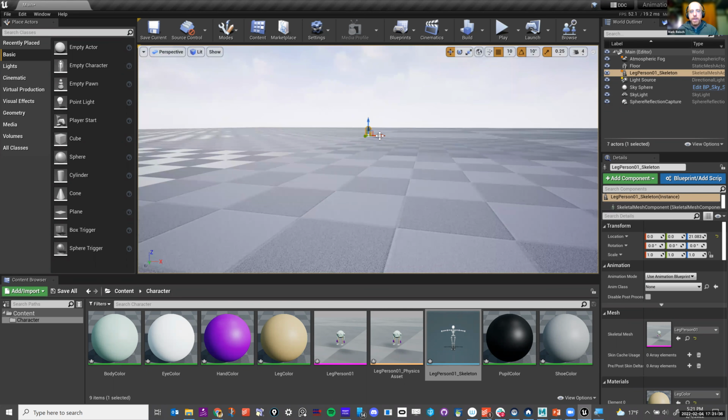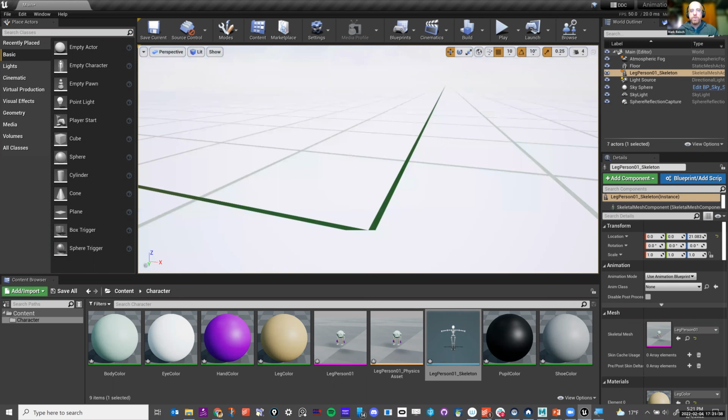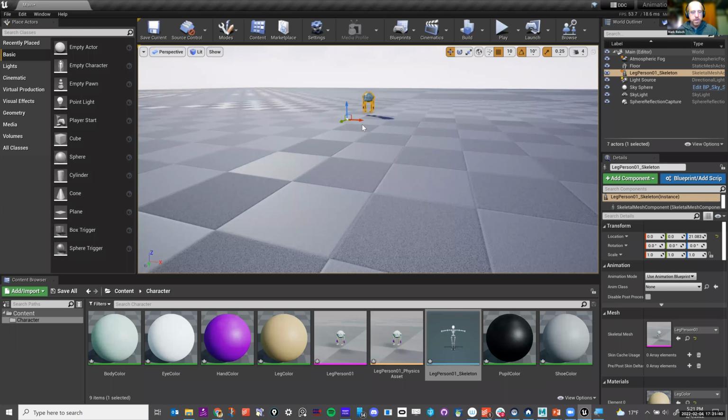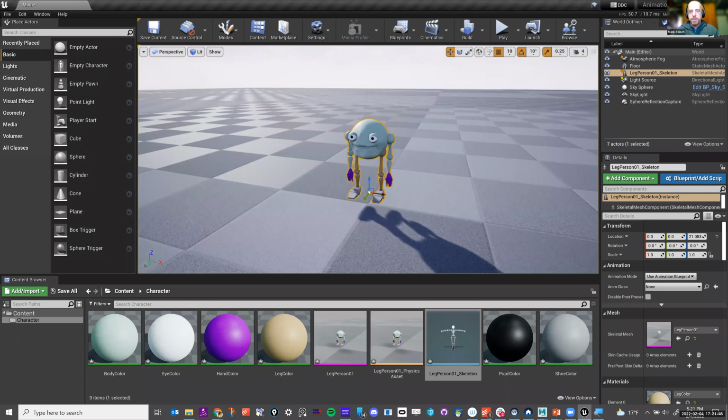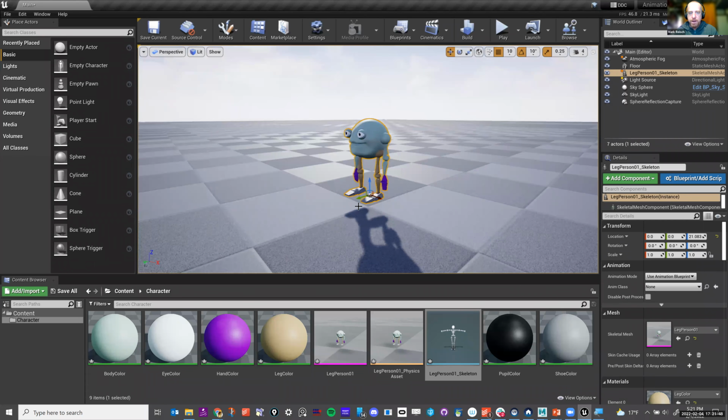If you hit that, it'll bring it down to the ground and place the character to the ground there. All right. The scaling is having some effect on how much that is going on there.